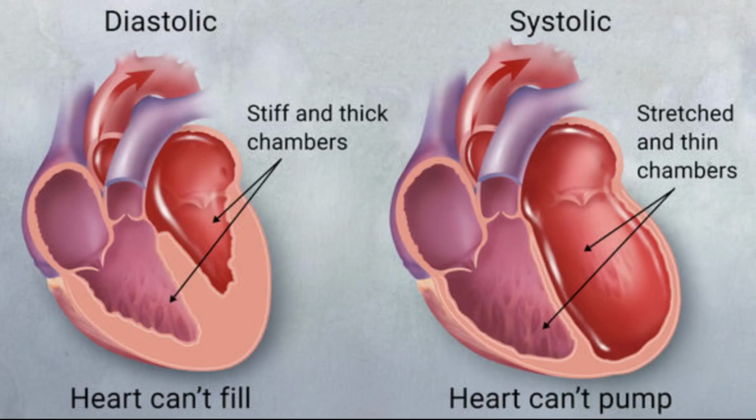Definition and classification. Heart failure refers to a clinical syndrome in which the heart's pumping ability is compromised, leading to inadequate circulation of blood and oxygen to vital organs and tissues. It can be classified into two main types: systolic heart failure and diastolic heart failure. Systolic heart failure involves impaired contraction of the heart muscle, resulting in reduced ejection of blood. Diastolic heart failure occurs when the heart muscle becomes stiff and fails to relax properly, leading to impaired filling of